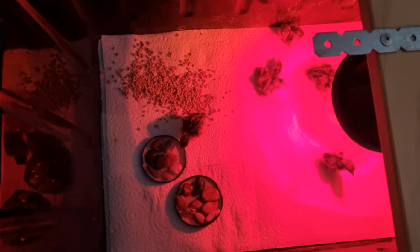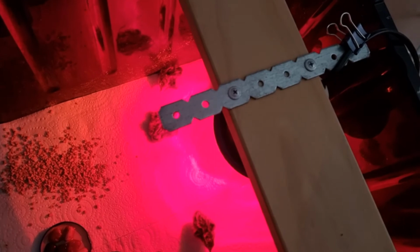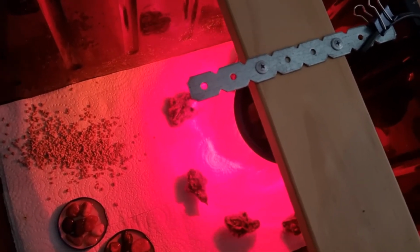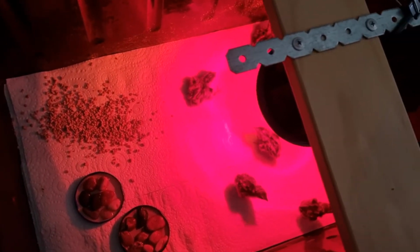Initially I just sprinkle the food on the ground. They catch on pretty quick. You saw that bloke drinking. Now what I am worried about is 2 birds appear to have slipped tendons in the legs, which I'm really surprised about. Now that's a death sentence. In my experience, they usually don't come back from that,